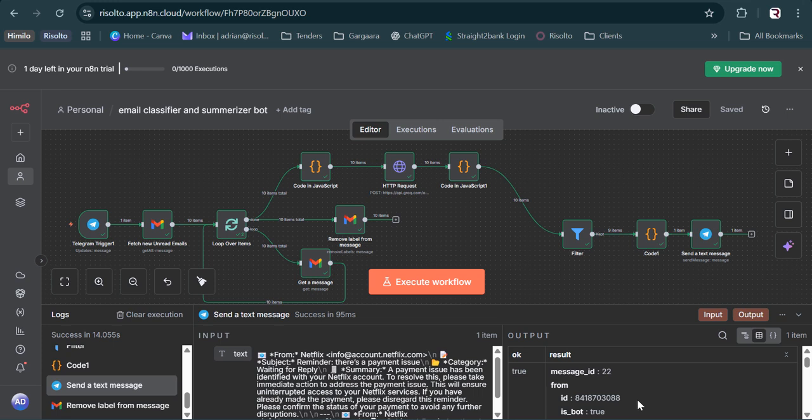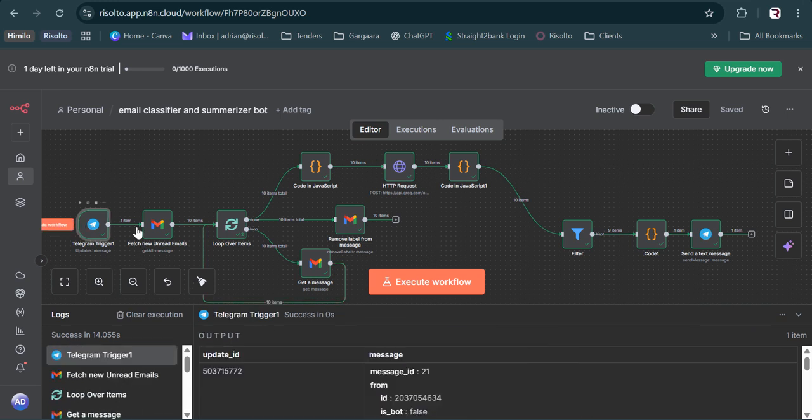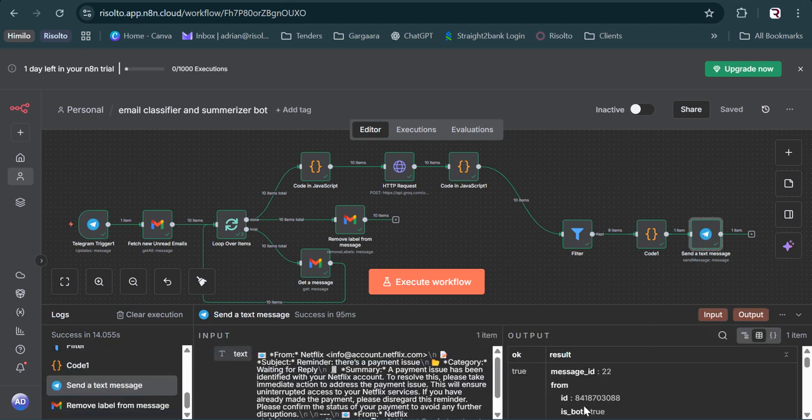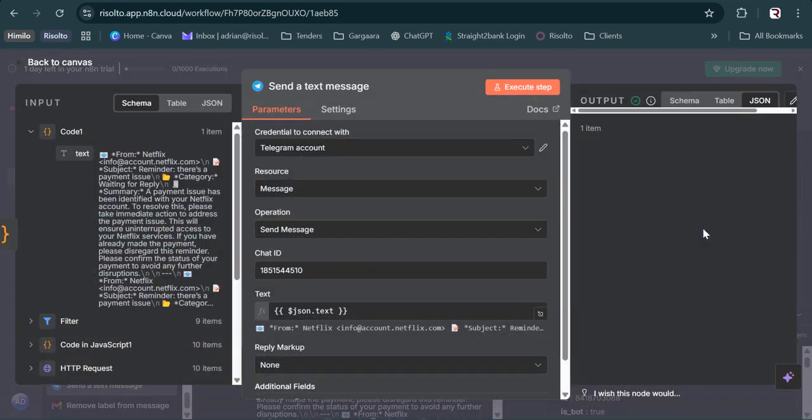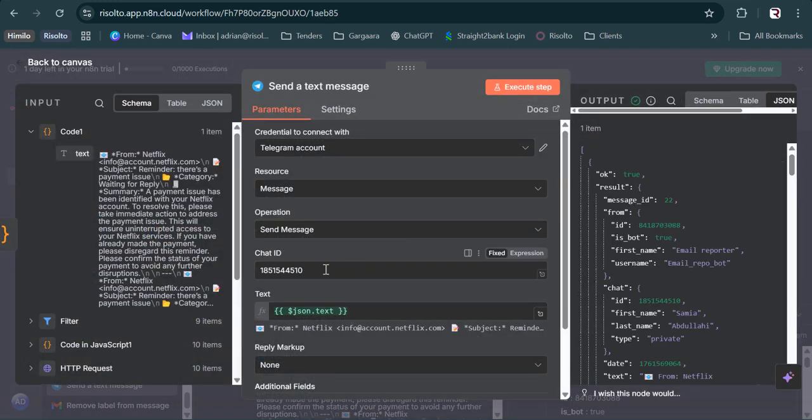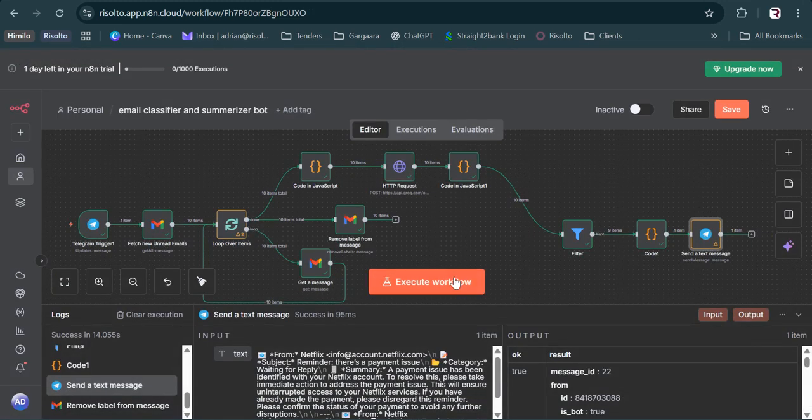So right now we've already created that and we've done a trigger. The first thing that we need to do is to check the ID that was created from the output. So this is the output that was created and this is the ID that comes from Telegram, and I have to make sure that the output matches or has the same ID. So I'll just open it and I will set the correct ID so that they're the same. Once that is done, the only thing that is pending is just executing. Okay, so now I can come and click execute the workflow,